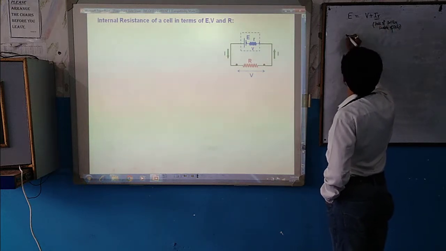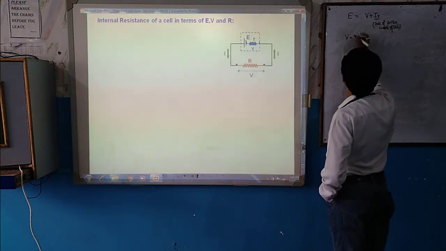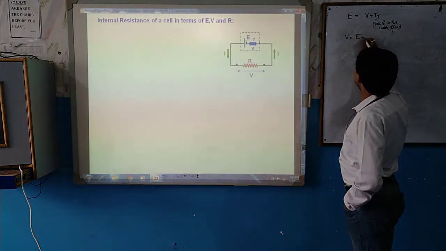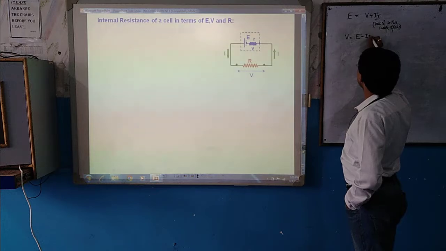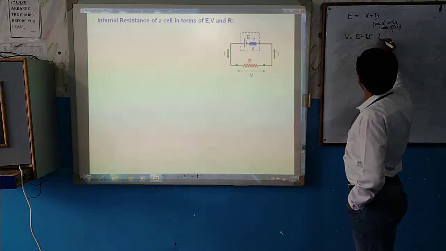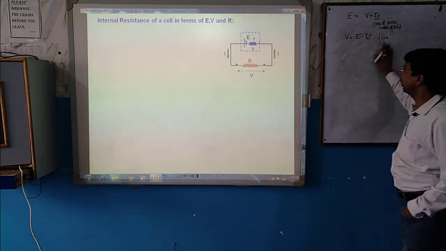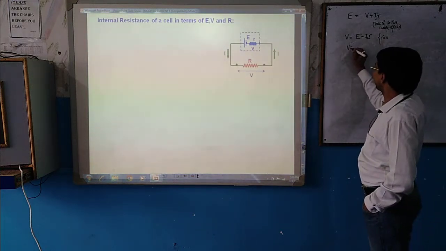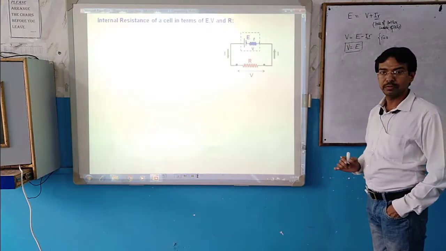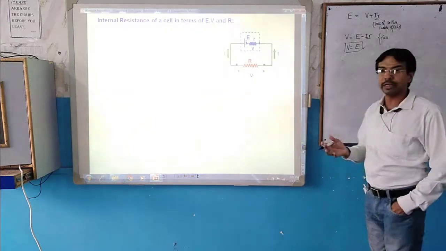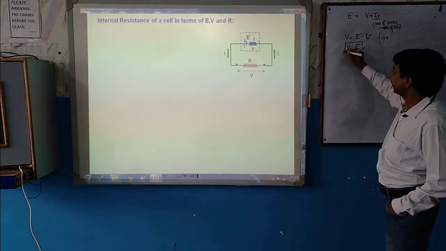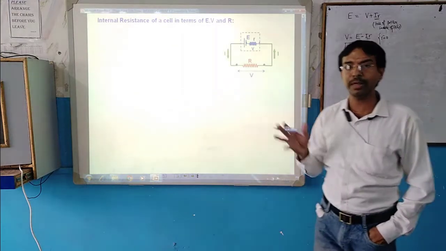But in that condition, if we want to find the potential difference between the terminals of the cell, it can also be written as E minus the loss of potential energy inside the cell or battery. Suppose small r is 0, internal resistance is 0 here, then what will be the value of the potential difference? Terminal potential difference must be equal to the EMF. You can easily understand that point. If small r is 0, then EMF and potential difference must both be the same.